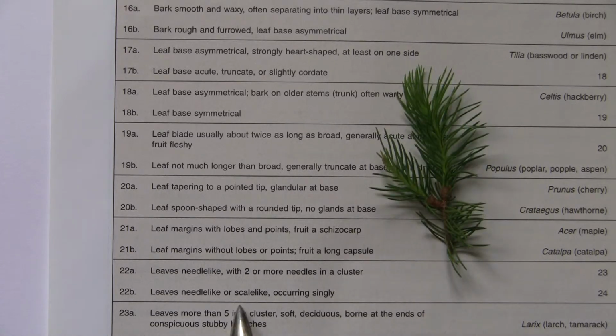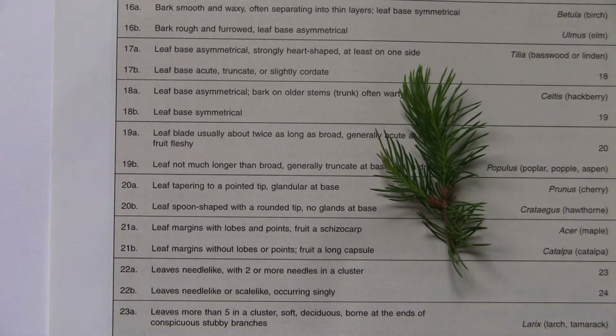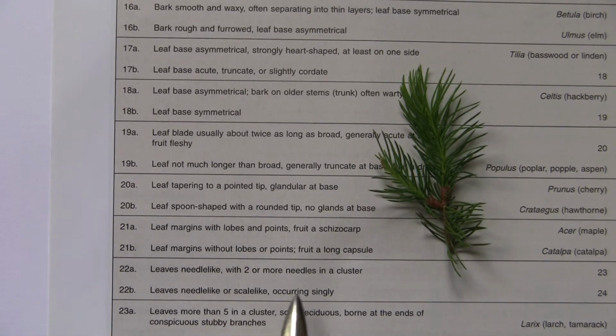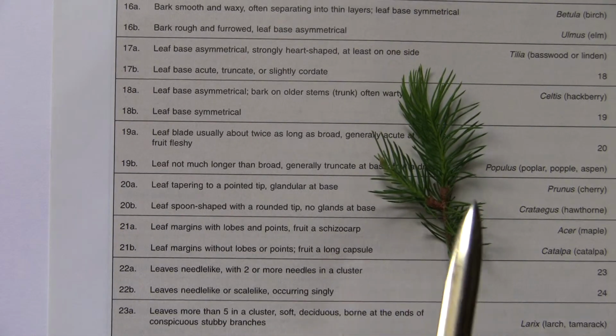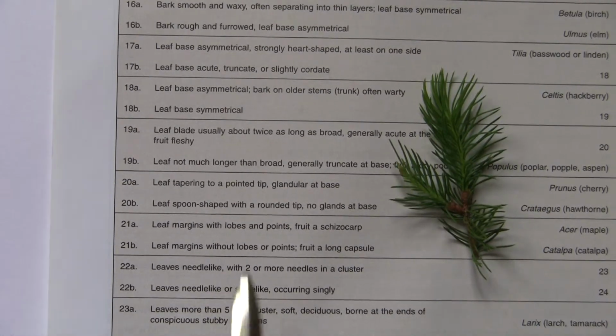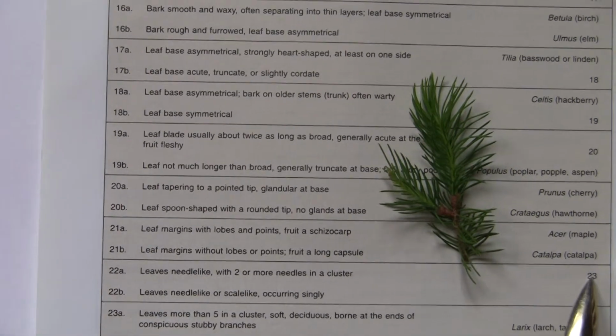That fits into the first one, 22A. But we must take care that we read the second point as well. That is very important. Leaves needle-like or scale-like, occurring singly. Obviously, my specimen belongs to the first one, and in the first, if you go forward, we go to